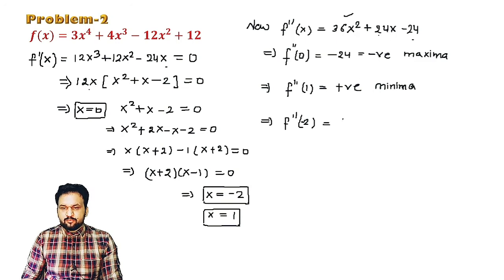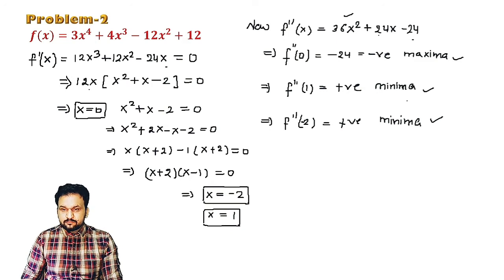No, it will become a positive part. This is also a point of minima. Okay, you will calculate. I hope there is no difficulty. So here you got a point of maxima, a point of minima, as well as another point of minima. And in earlier lectures I told you that the point of maxima and minima can appear more than one time. So as you can see here, the point of minima appears 2 times.